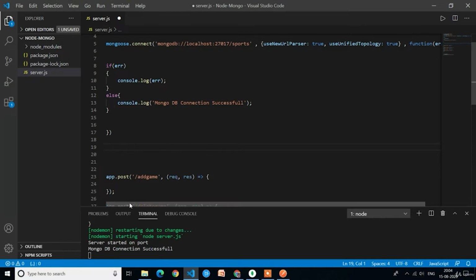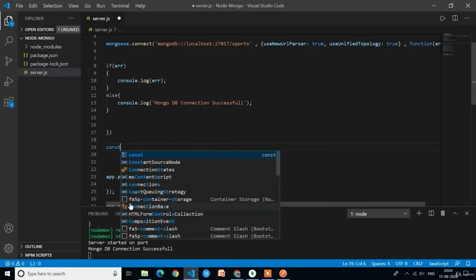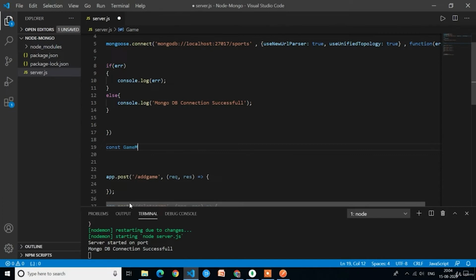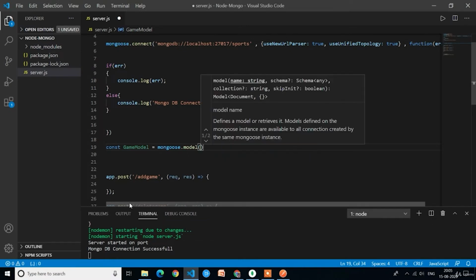To create the model, first we have to write const game, or you can say game model, equal to mongoose.model. This mongoose.model accepts 2 parameters. The first parameter is the collection name and the second parameter is the structure of the game model. I will write the first parameter as games,